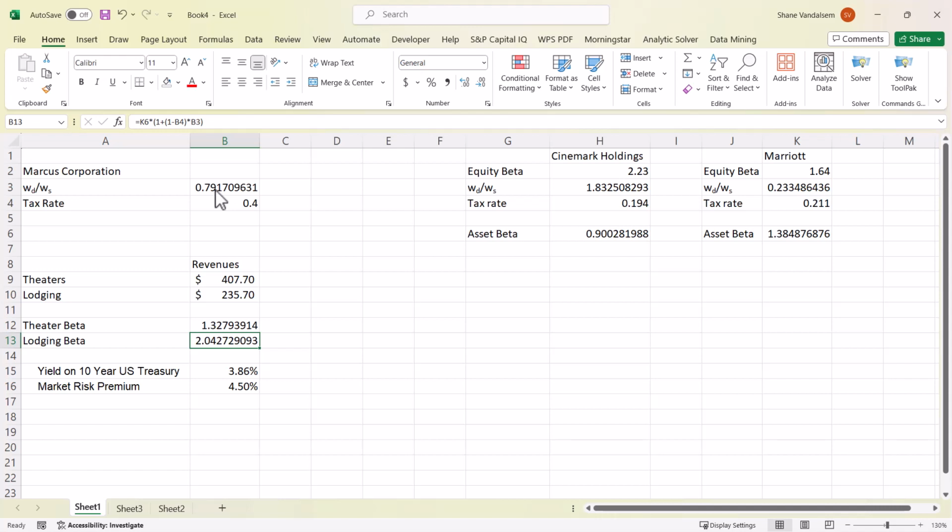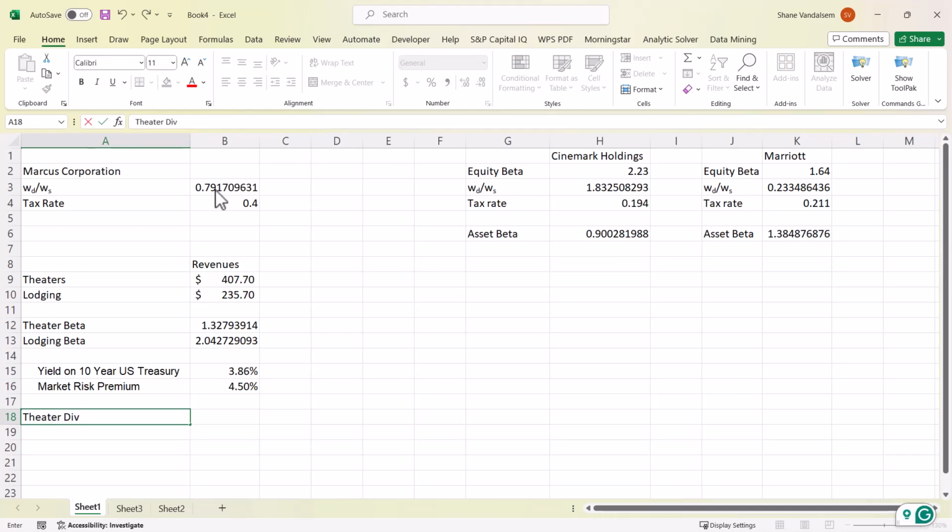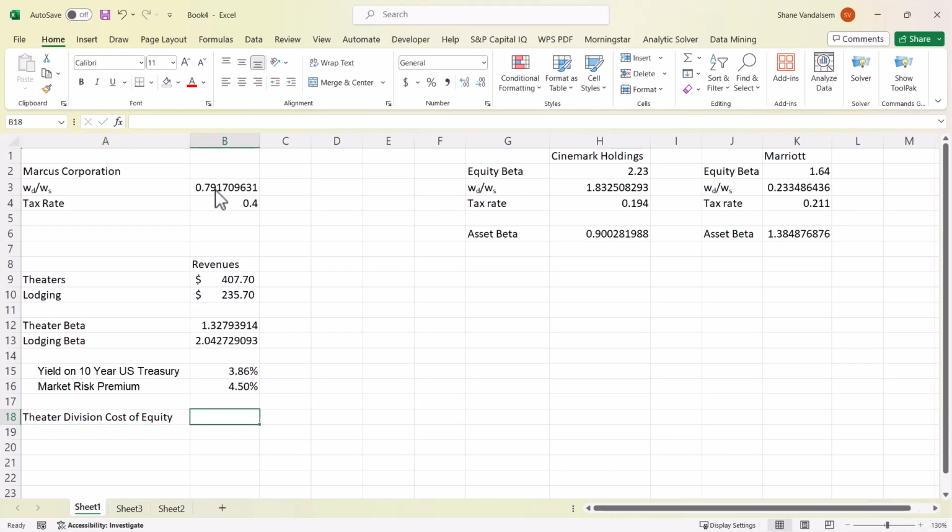The lodging side is more sensitive to macroeconomic risks and shifts in the economy. So now we're going to just finish this off by calculating the cost of equity for the theater division and the lodging division. And for this we're going to use the security market line with the capital asset pricing model. And what that said was that the required rate of return, or the cost of equity, is equal to the